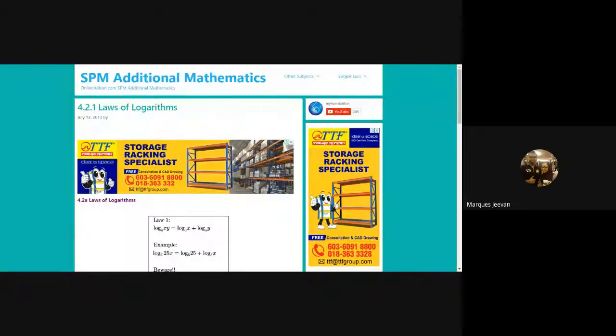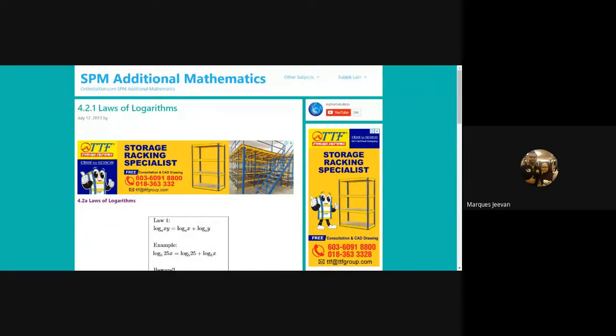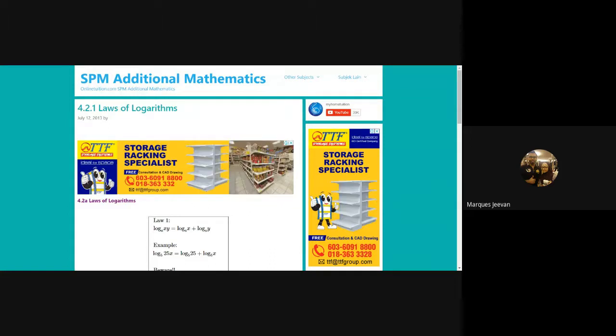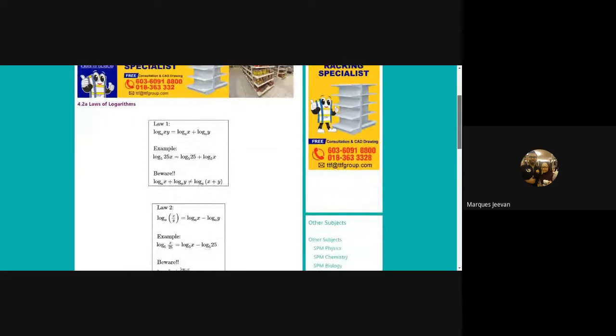At some basic principles, we looked at some concepts of logarithm, and we've also understood how to write a certain expression involving log in different ways. Now, if you look at the concepts that we have here, these are the rules of logarithm that you have to know. So law 1,